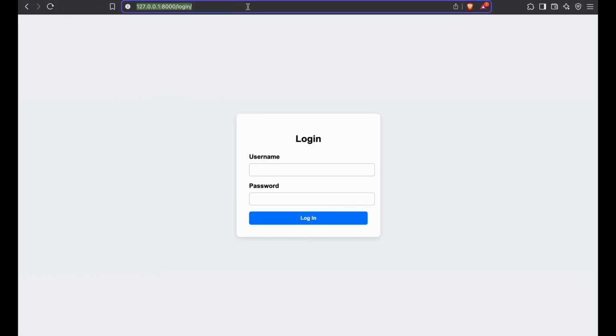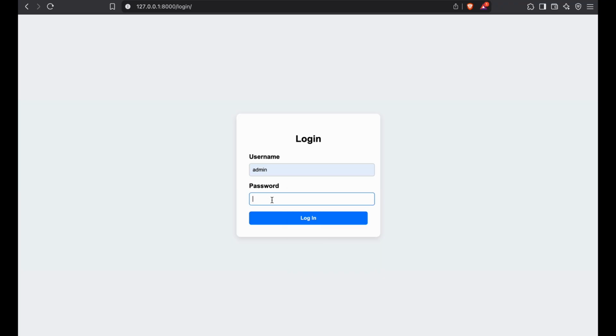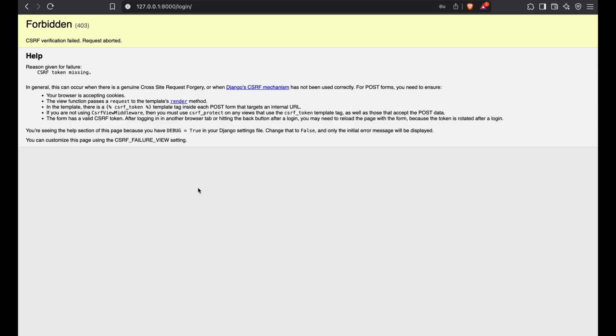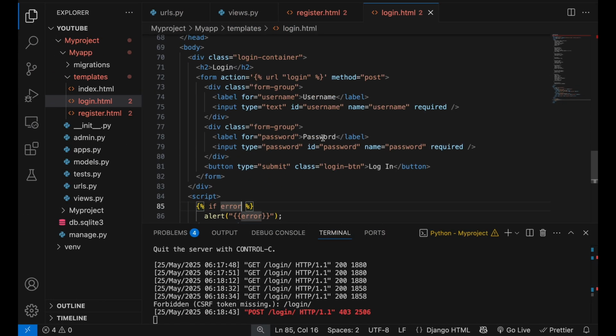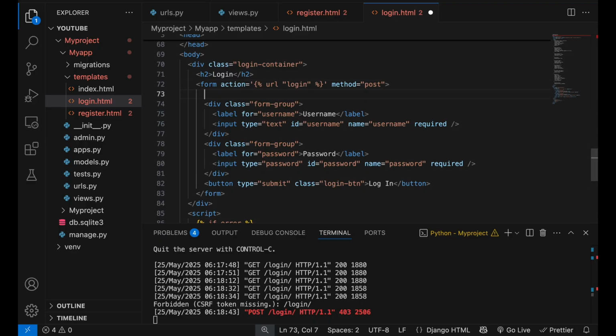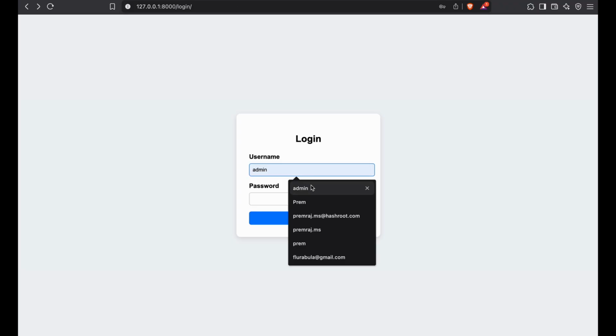Okay, now it's working. So I am going to give my name, what I have given. The username is admin and the password is admin. CSRF token, don't forget that. Now I am going to pass the CSRF token within the form. Okay, refresh it and I'm going to write admin,